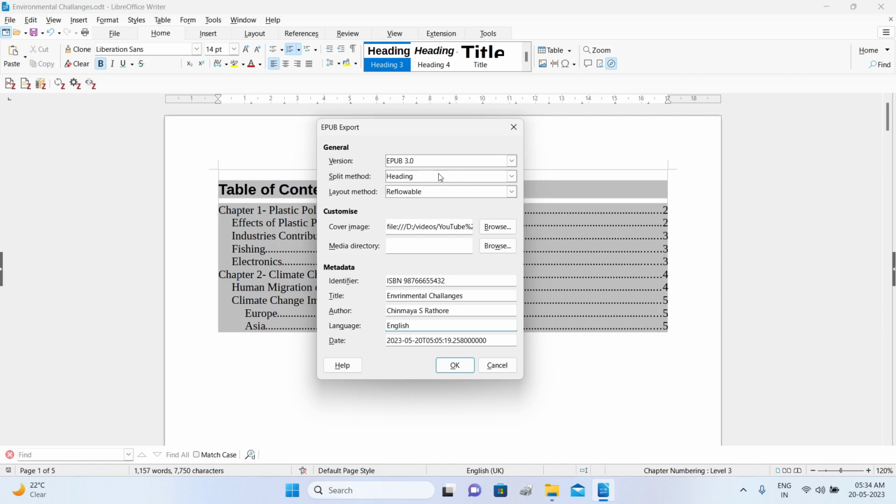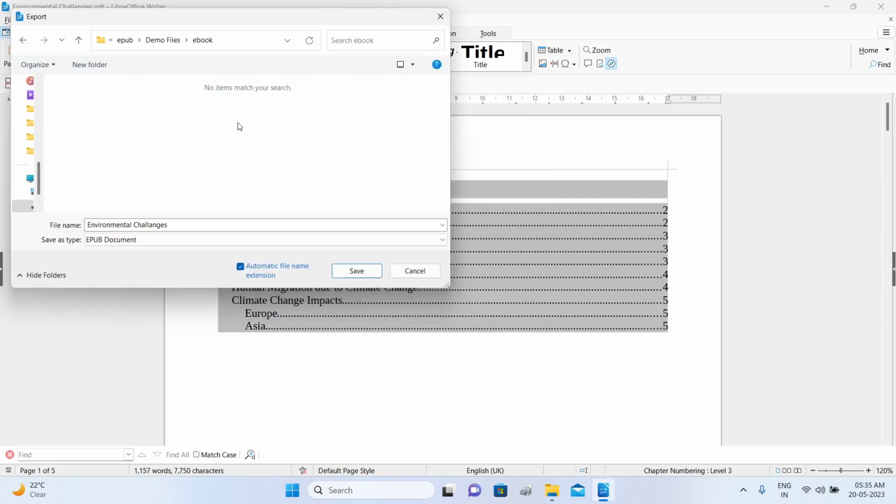So we are all set. We have just chosen the defaults here, provided the path or the location where the cover image is, and we have just filled in some metadata describing this particular file, the name of the author, the title, identifier. You can of course leave any field blank if you wanted to. So I'm all set. I'm just going to go ahead and press OK, and it'll open the file saving dialog